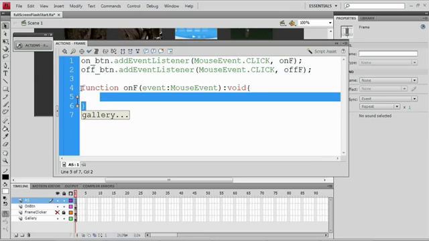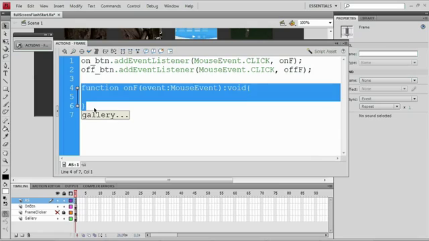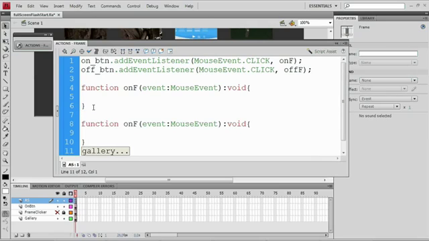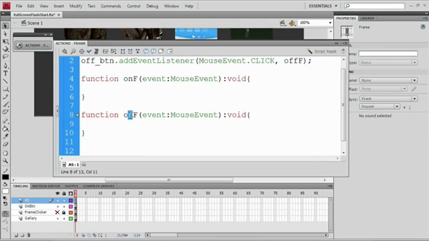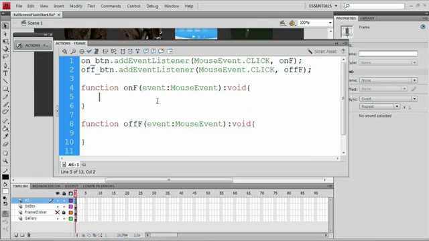Now before I do anything, I'm just going to duplicate this function, Command or Control C, hit enter return a couple times, and paste that guy in, and we're going to switch this function to off F. Okay, so now on F, we need to add a little bit of code. The code is pretty simple. We're basically going to talk to the stage, and we're going to say